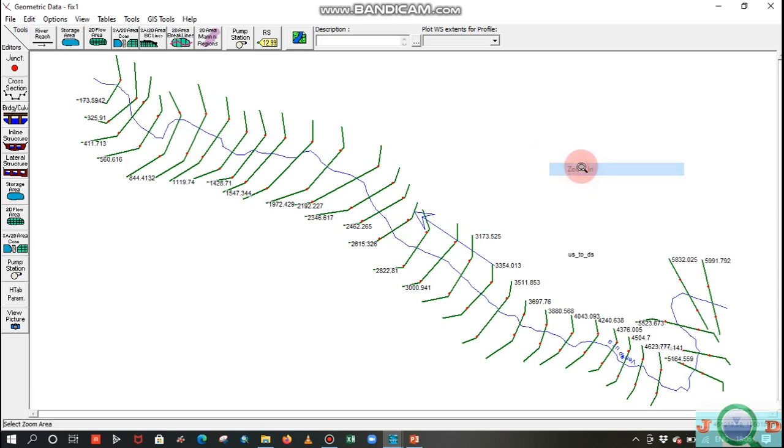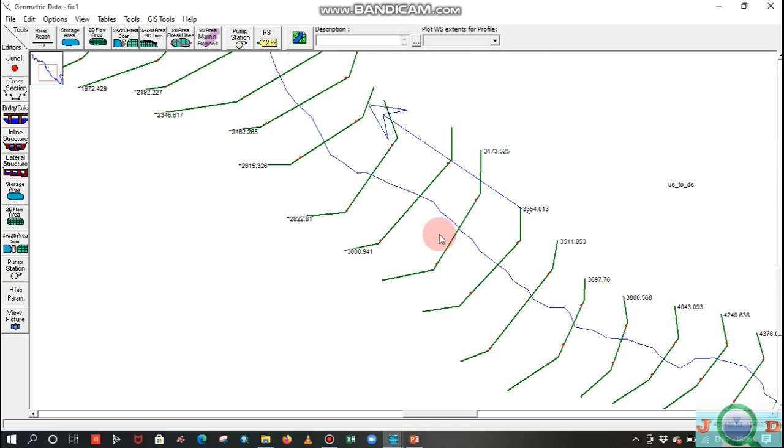It starts from cross section 3000.941. From here the stationing has changed to the right hand side, so I have to reverse this stationing for each section.